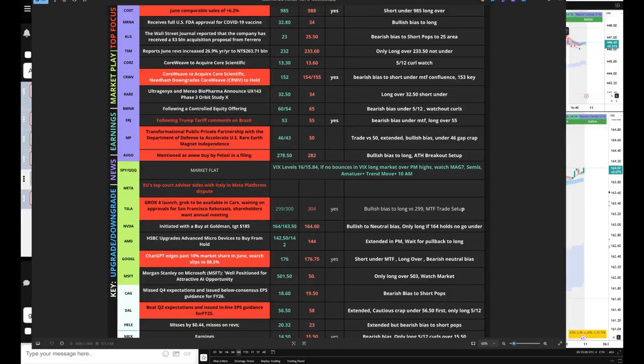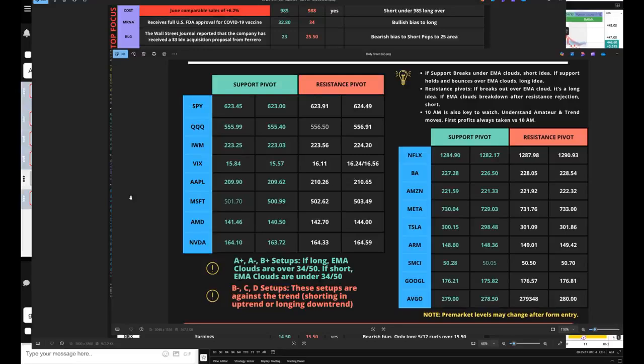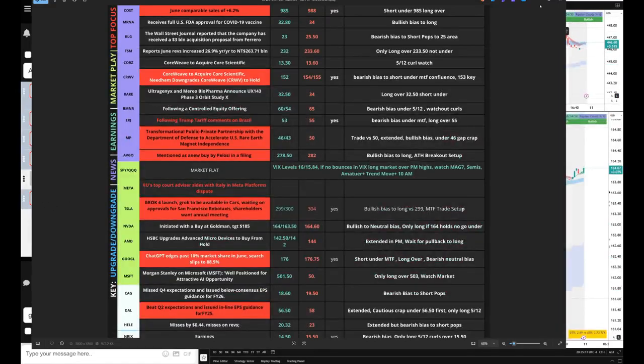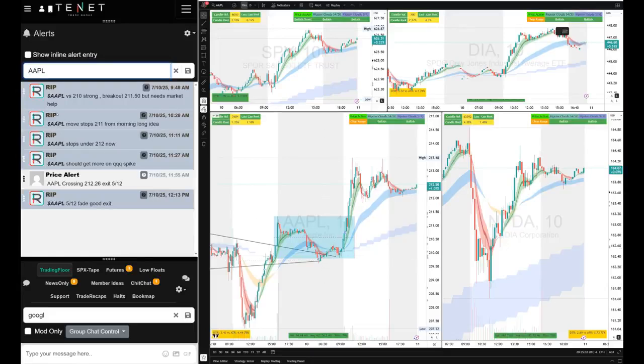Let's look at our levels on Apple here. The Apple levels were 210 resistance, 210.65 resistance. So as soon as I saw that everything else is selling off, but Apple is showing me strength, that's why I told the traders Apple is versus 210, strong long. The breakout is at 211. So that's a setup. You put your stops at 210, breakouts at 211, and as we started to break out, we moved the stops up. Then as we moved the stops to 212, Apple ran for us to 213.